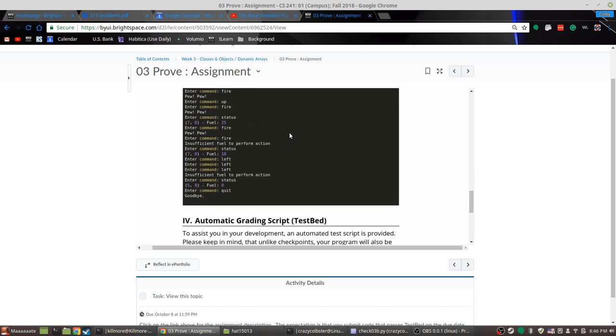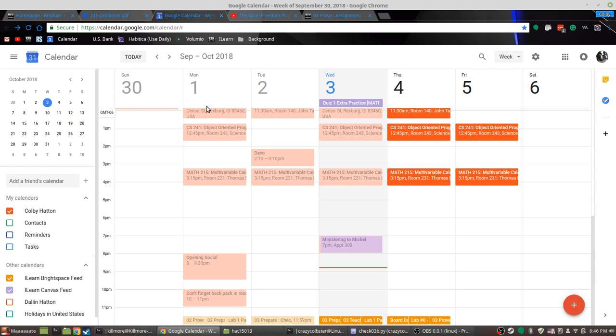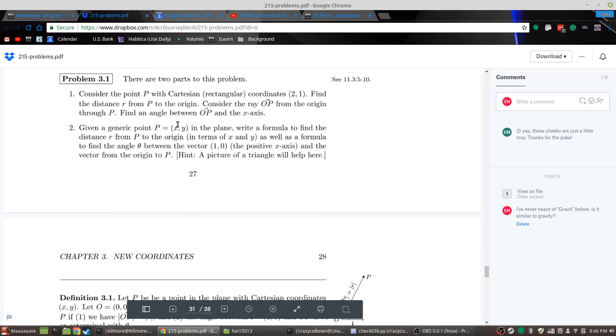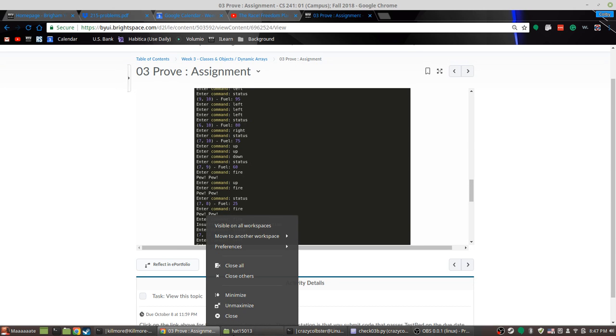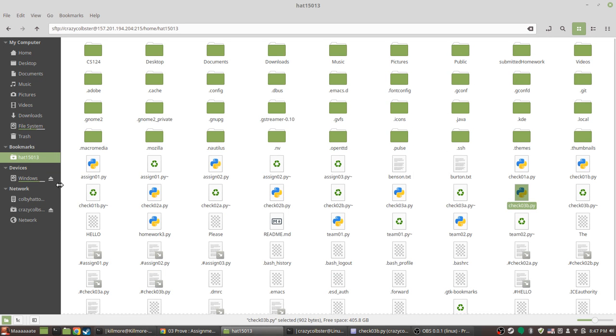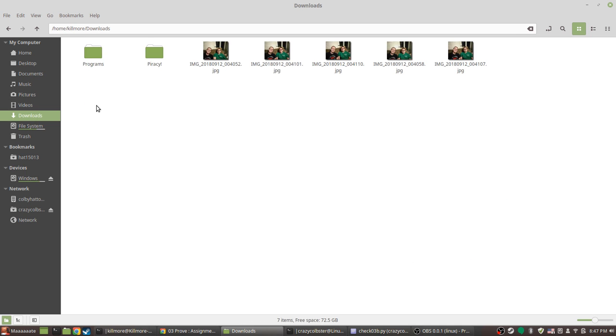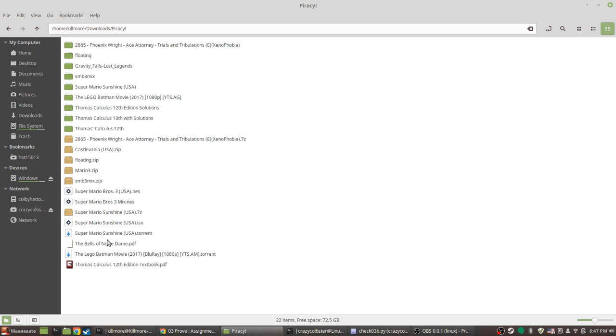What? That doesn't work. Well, now I gotta pull up something that I can horizontally scroll on without incriminating myself. You can't do text editor, by the way. Linux Mint handles it better than Windows. Oh, well, there's pictures of us. I'll just pull up my piracy folder. Surely that won't incriminate me.